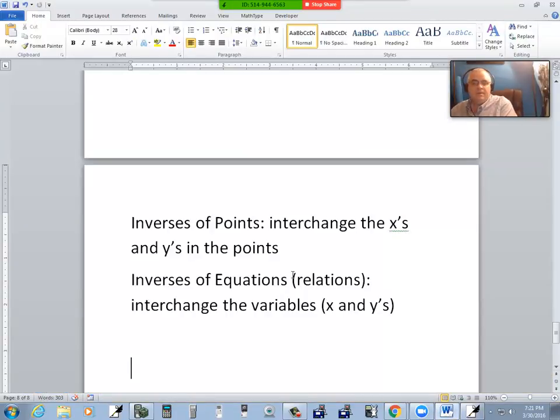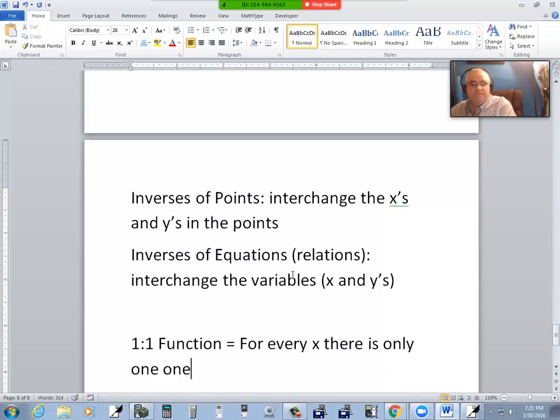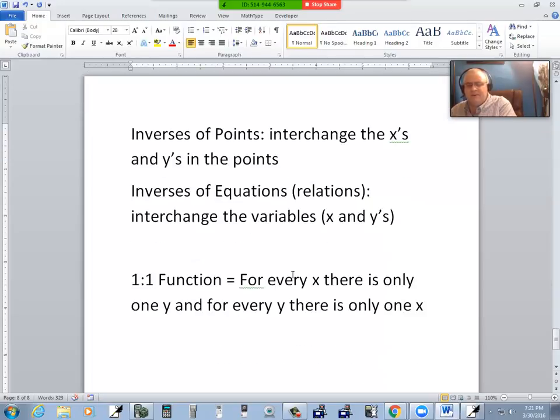Now when we talk about a one-to-one function, the definition of that says for every x there is only one y, and for every y there is only one x. It's a very hard definition to use. An easier definition of one-to-one function